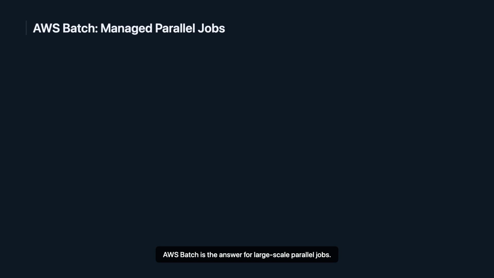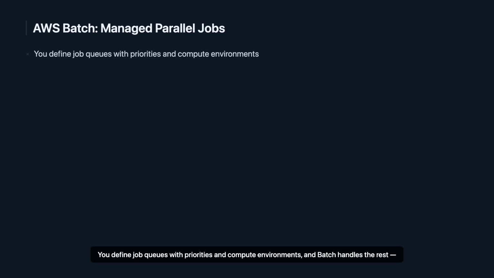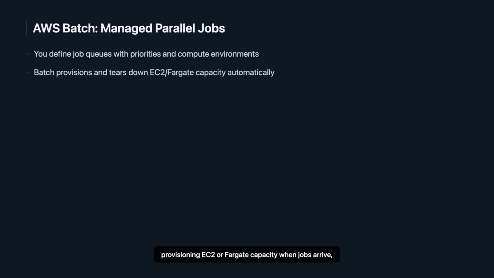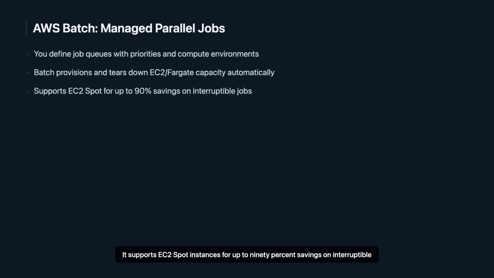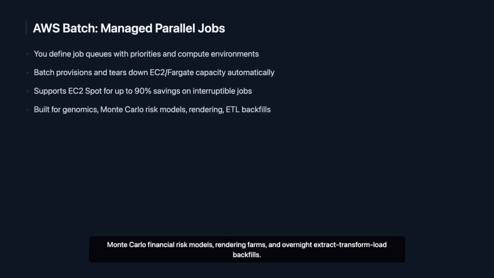Amazon Web Services Batch is the answer for large-scale parallel jobs. You define job queues with priorities and compute environments, and Batch handles the rest, provisioning EC2 or Fargate capacity when jobs arrive, and tearing it down when the queue empties. It supports EC2 spot instances for up to 90% savings on interruptible workloads. The classic Batch use cases are genomics pipelines, Monte Carlo financial risk models, rendering farms, and overnight extract, transform, load